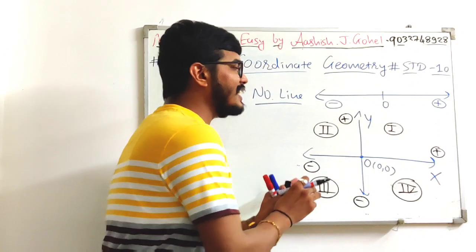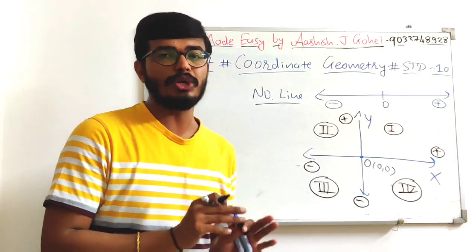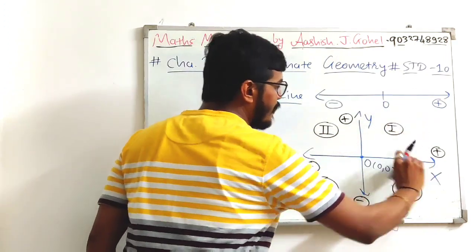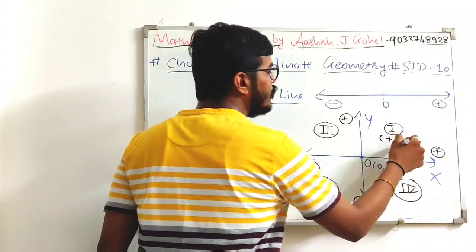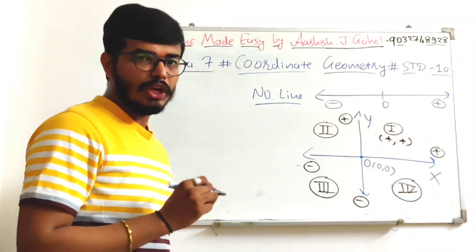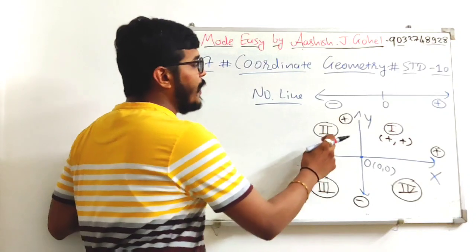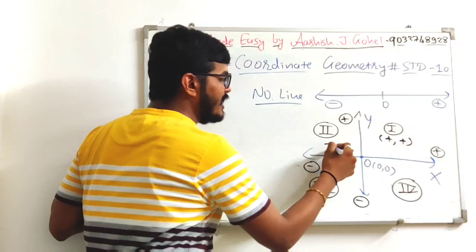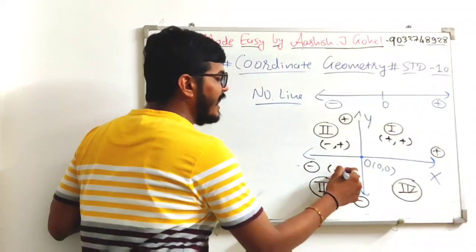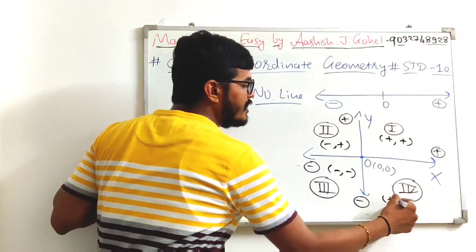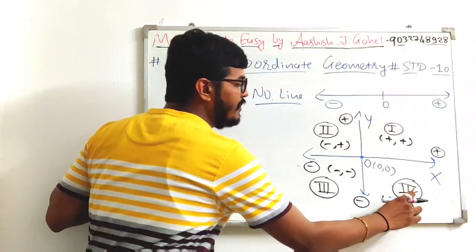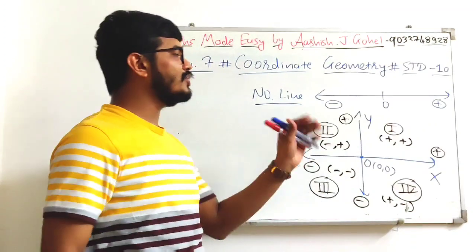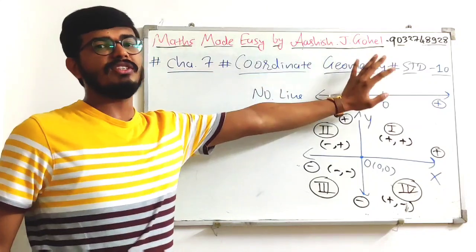Now each and every quadrant has some special properties. Okay, if I write any point in the first quadrant, then x is positive, y is positive, so both the coordinates will be positive, positive. Okay, then next, if I put any point in the second quadrant, then x is negative, y is positive, so negative, positive. Here both are negative and here positive, negative. Okay, so we will take x first and then y. Okay, you need to remember this formation.